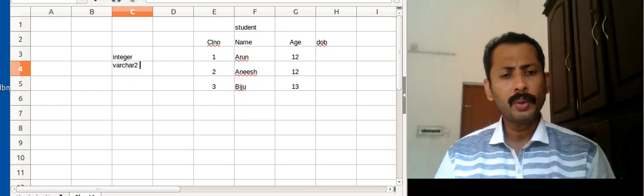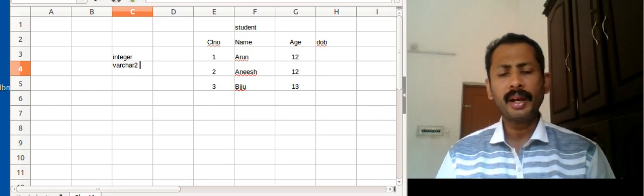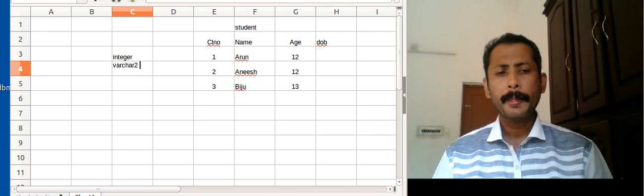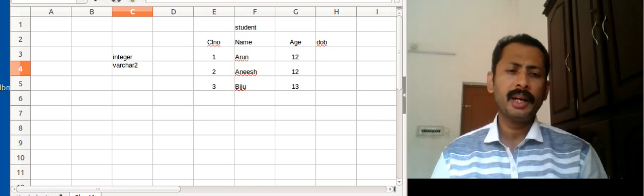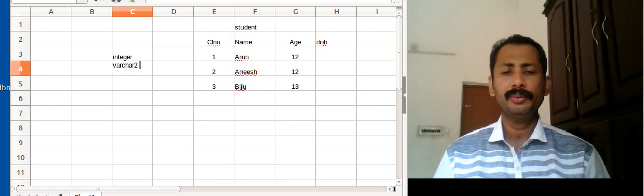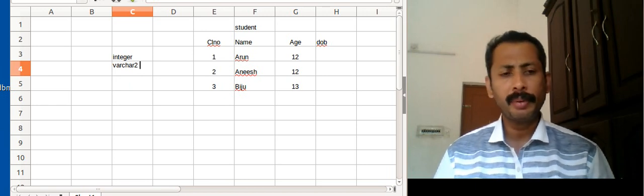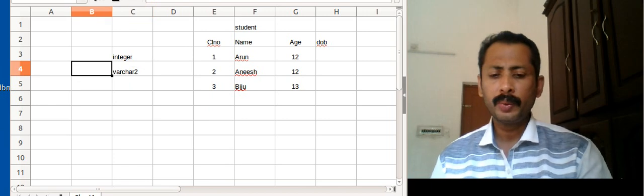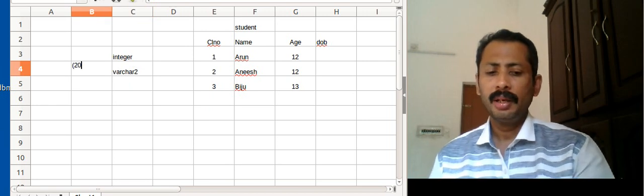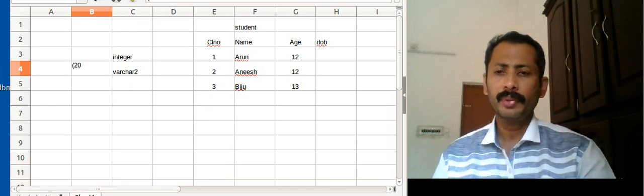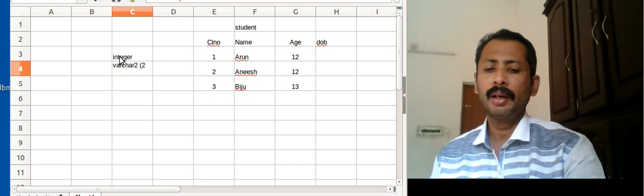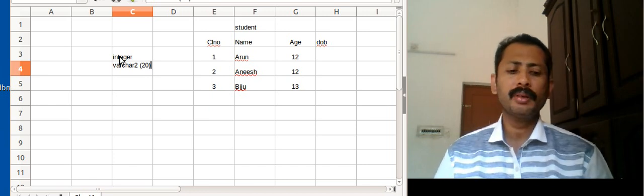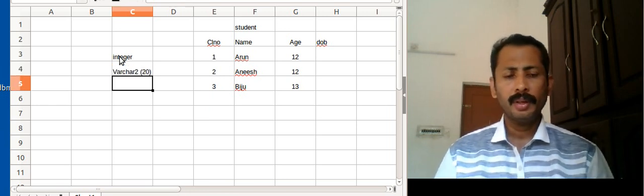We can use character also. If I am defining character, then it means that many characters are allotted in each row, so it may result in memory wastage. So varchar2, inside brackets, if I am giving 20, it means that the field is a variable character having a maximum size of 20.